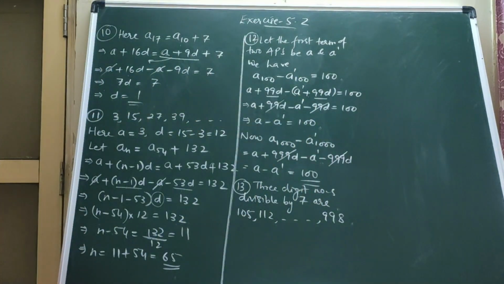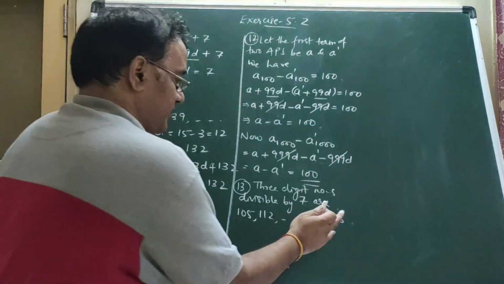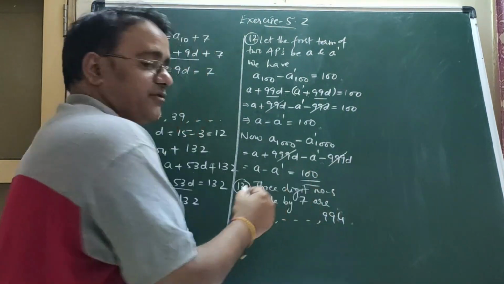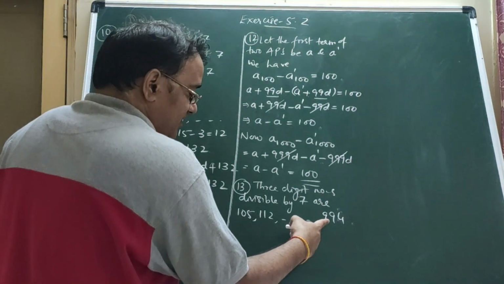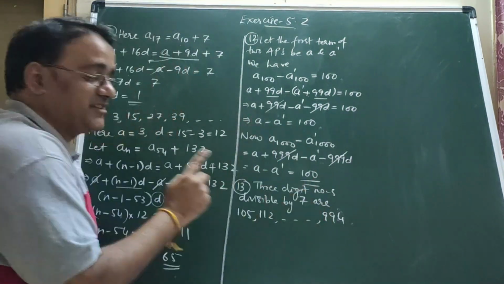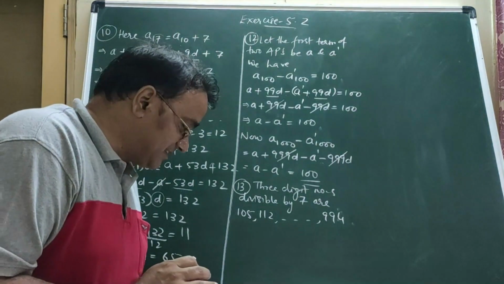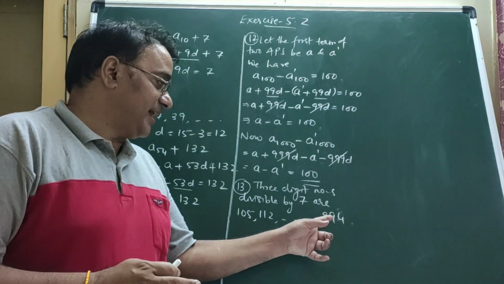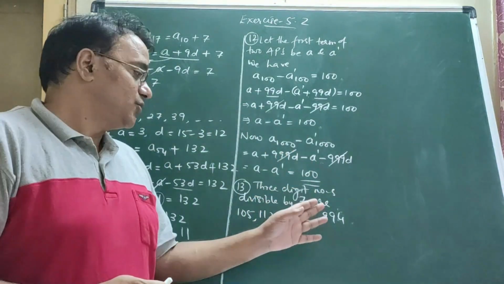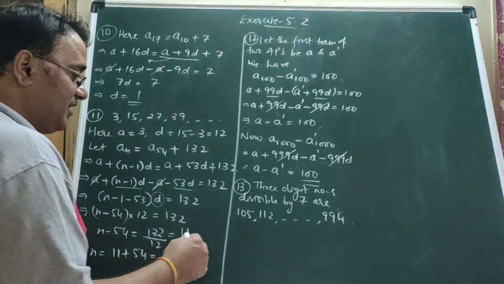Okay, 994, sorry, 994. Okay, now we have to find 994 is which term, क्योंकि how many 3-digit numbers it has been asked. So we need to find 994 कौन सा term है, तो उतने numbers होंगे, right? So here